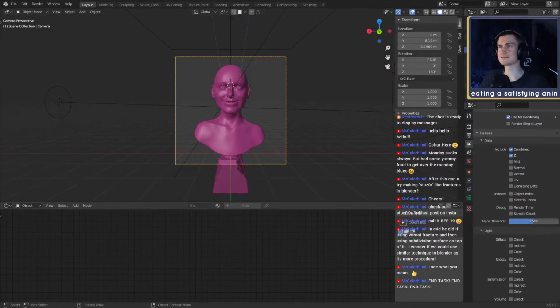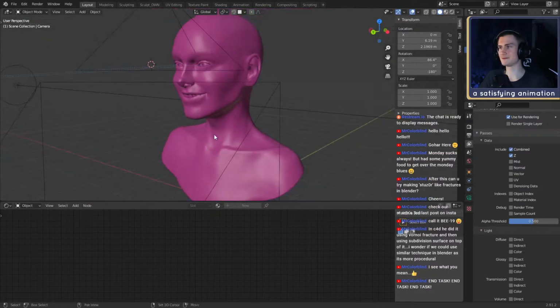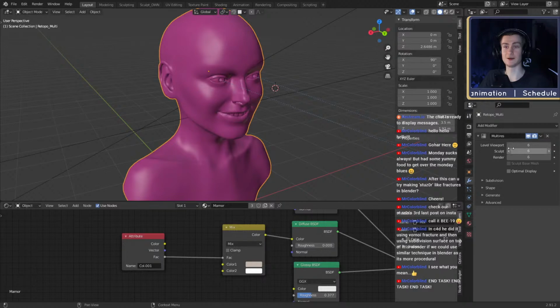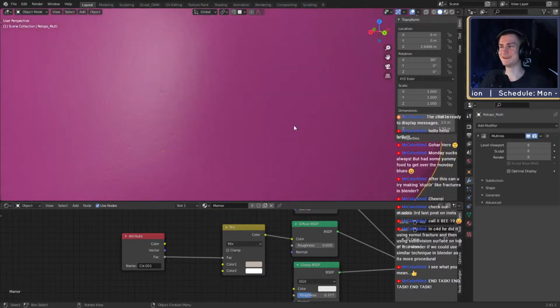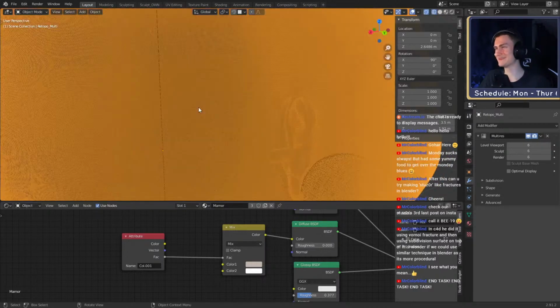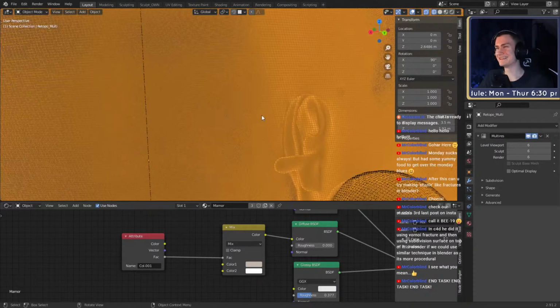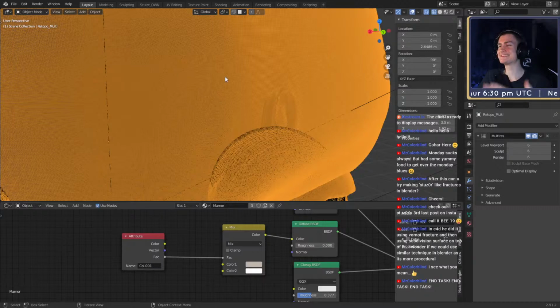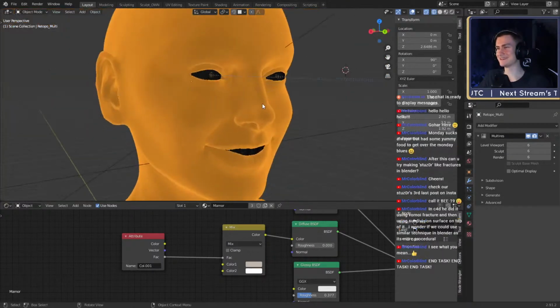Okay, let's try it again. This is retopologized, so we should be able to go in here and reduce the... Oh, it's a viewport. Okay, let's go to wireframe. Okay, let's look at that. That's way too dense. You can't even see the individual faces. You can see them right there. That's way too dense.